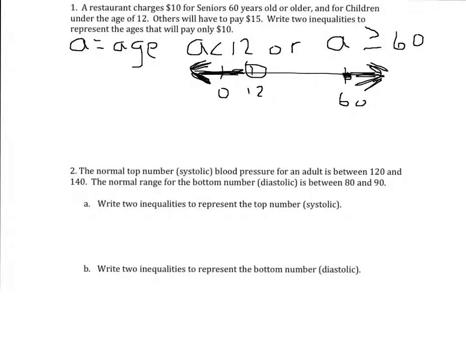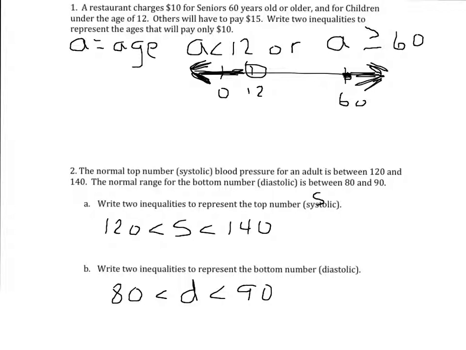the second problem. The top number, systolic blood pressure, the normal range is between 120 and 140. So I'm going to define S as that. I'm going to use S. So S is going to be between 120 and 140. And then the other one, diastolic, is going to be between 80 and 90. So we talk about, well, how would you break that into two inequalities if you had to write